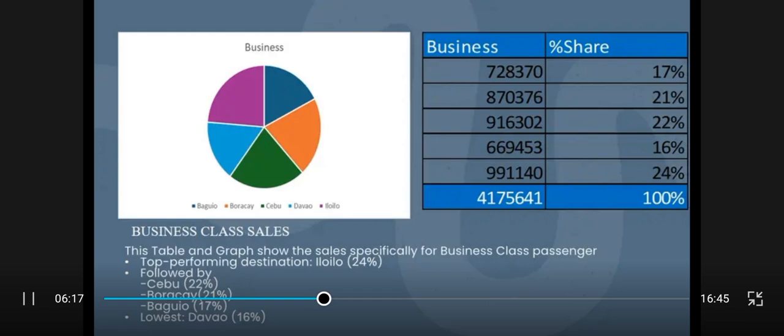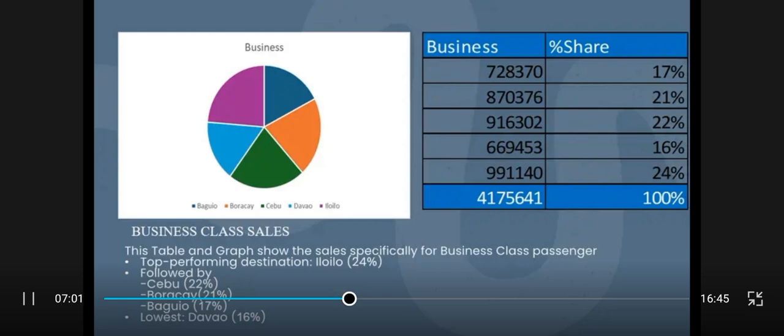And for business class by destination, this focuses only on sales from business class passengers, split by destination. The top destination for business class is Iloilo, which is 991,140, and that's 24%, followed by Cebu, which is 916,302, and that's 22%, followed by Boracay, which is 870,376, and that's 21%, followed by Baguio,